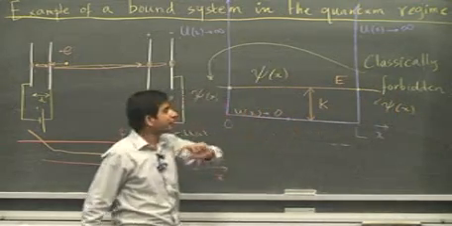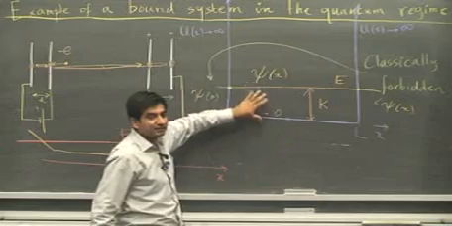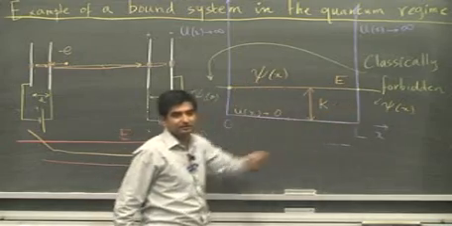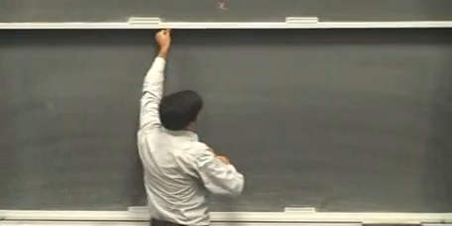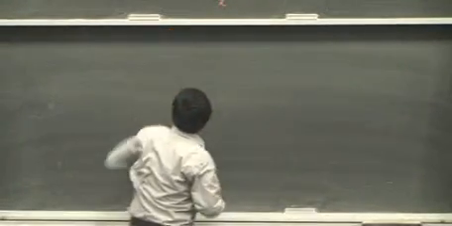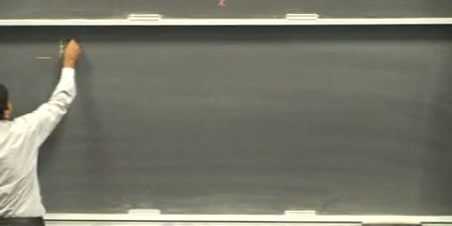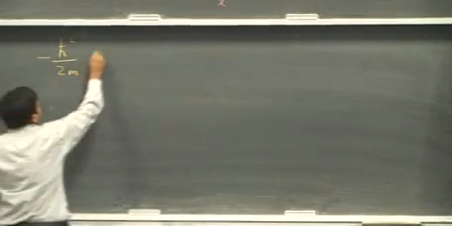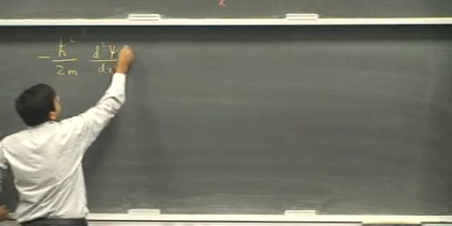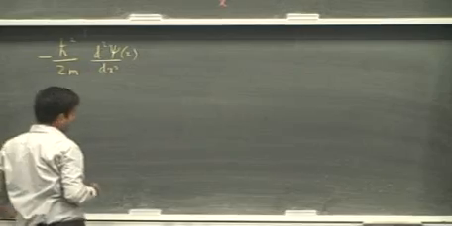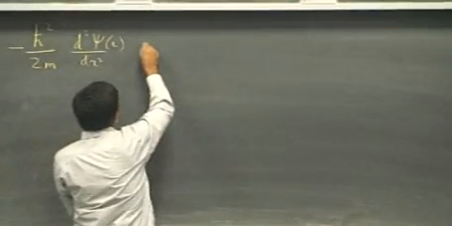What needs to be found is the wave function in the well. So let's find out the wave function inside the well. It's going to be a simple routine calculation. We have the Schrodinger equation, d squared psi dx squared. Now this is a function of position only, plus U